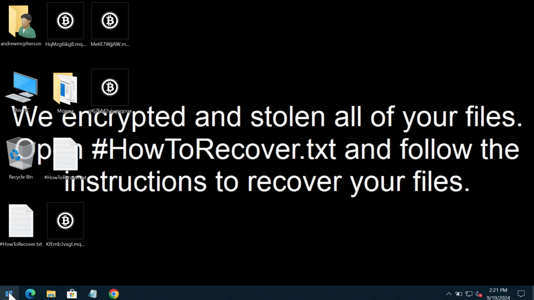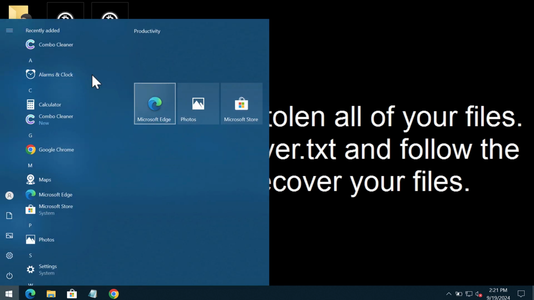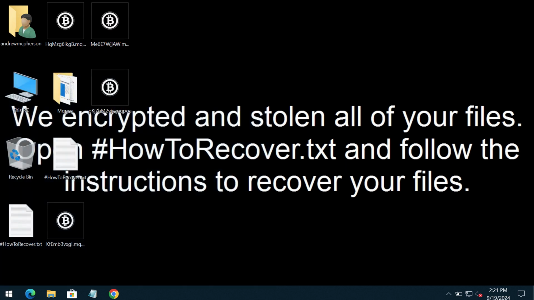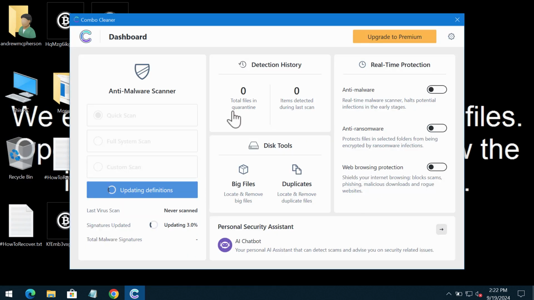When this finally happens, the software will begin investigating your system. So this is the way the software looks like. It is initially in the trial mode, and only the quick scan option is available in the trial mode. So after the software is launched, it will update its anti-malware database, and then finally it will start scanning your